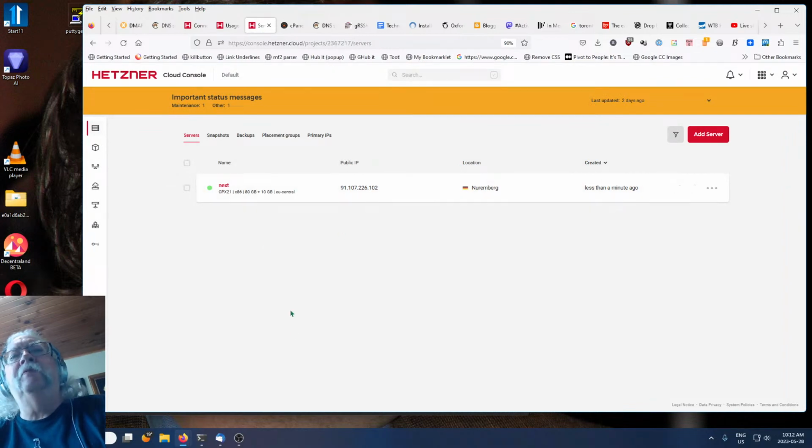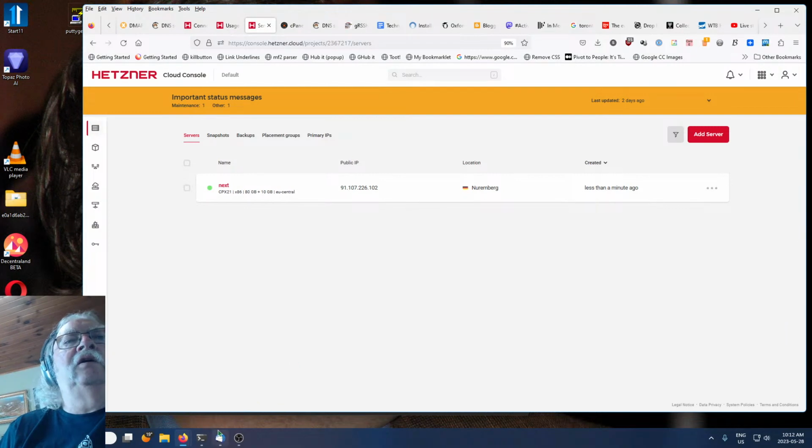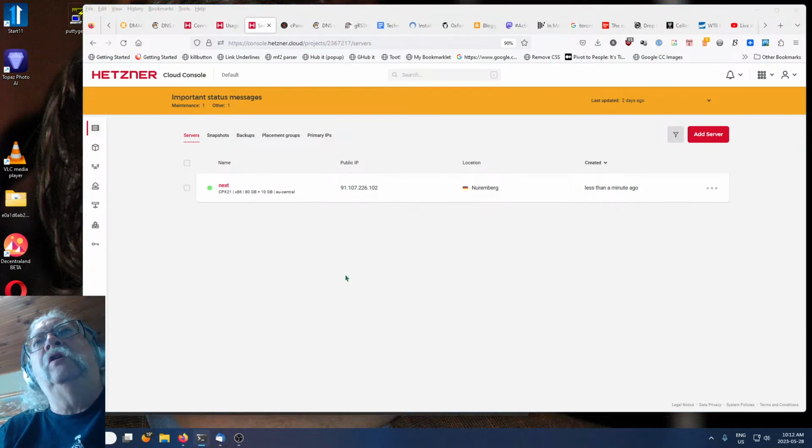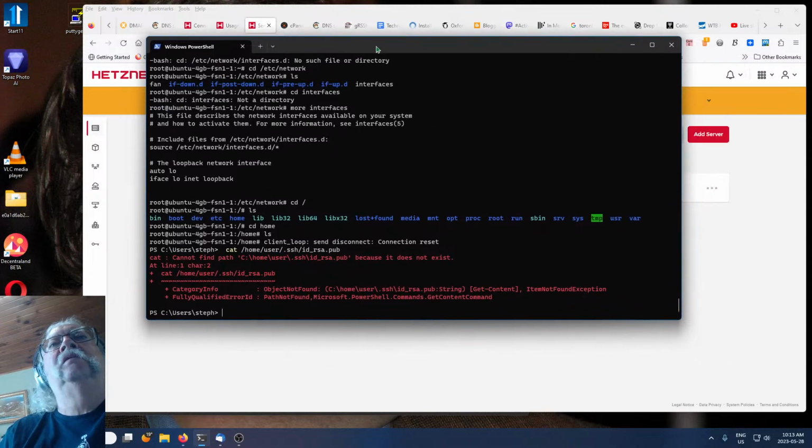Here's our server. Now I'm going to open up my email. I did get my next. Okay, so first things first. Let's try to SSH into the server, and we'll just try to go straight in from here. So SSH root